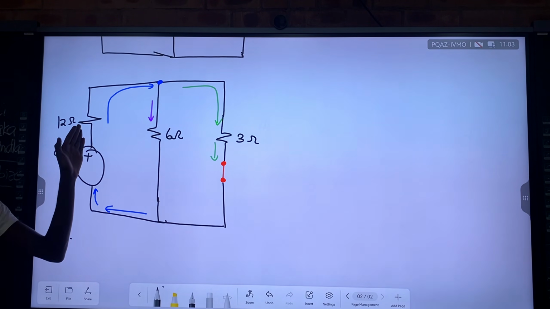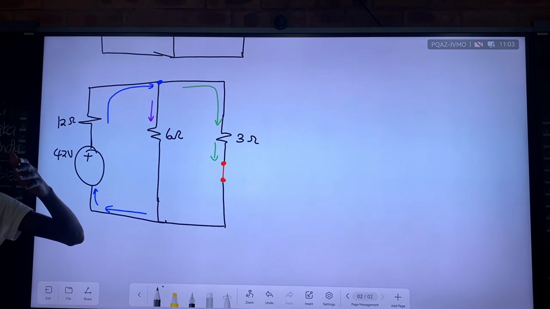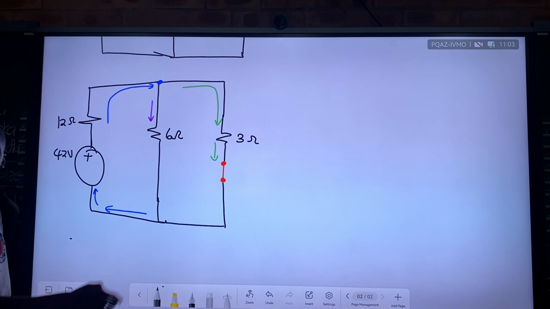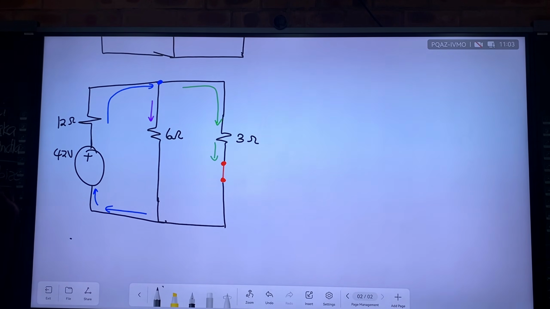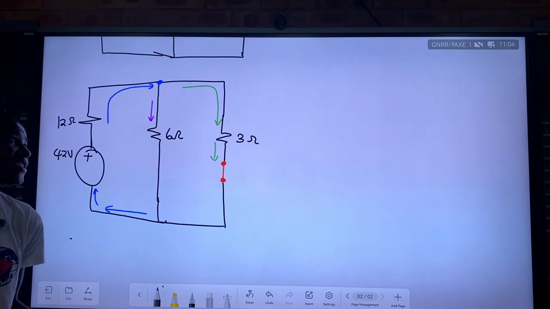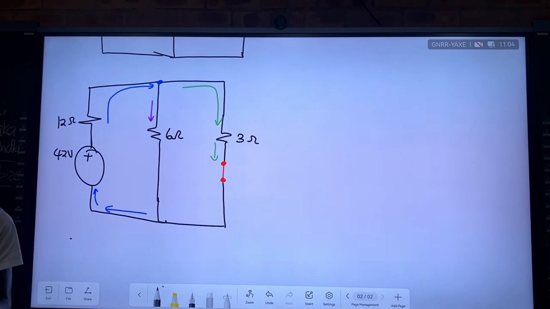So calculate the total current, the blue current, and then divide it, because it is splitting. We divide it across the ratio of these two resistors. Please revise your concepts now. I know it's been 3 years since you did this, but you need to revisit your basics here at this point. We are going to calculate the total current of the circuit.